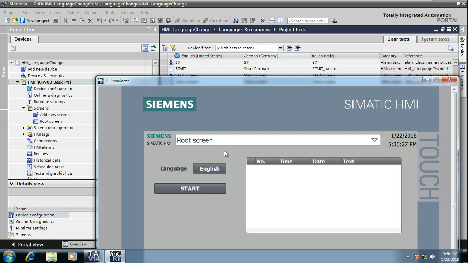If you have noticed one thing, on the alarm window, the text on the header of the columns is automatically changing. We did not do anything to that. So the only conversion needed is for the user text which we have entered, that is the text entered by the user or the programmer who is doing the programming. All the standard or project text, such as the format of the date as well, changes automatically. So the only thing which we have to do is to change the user text.